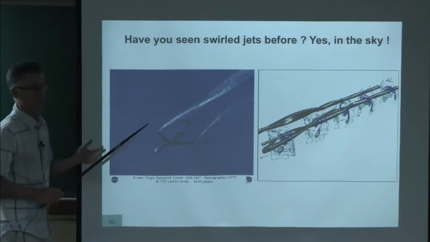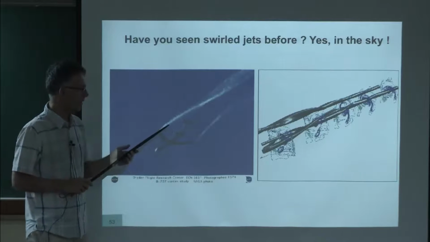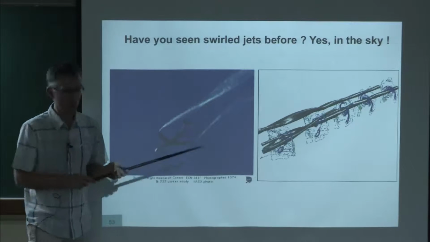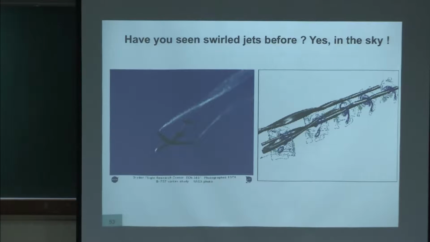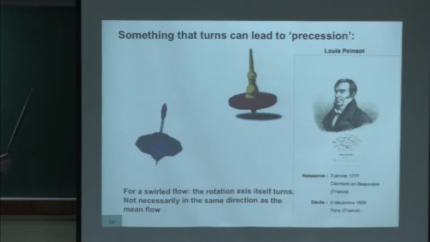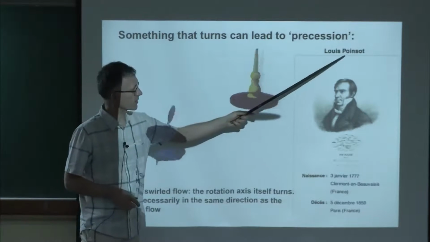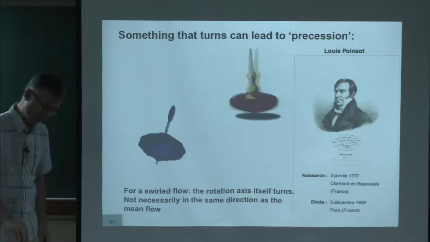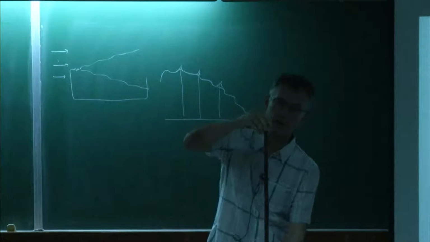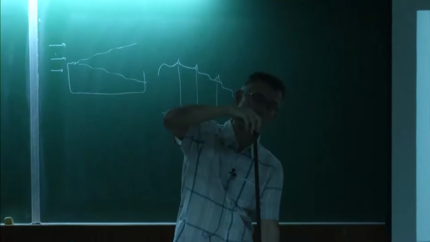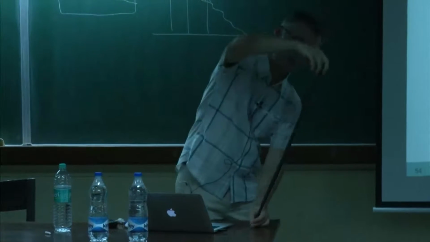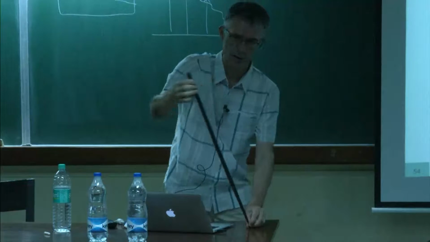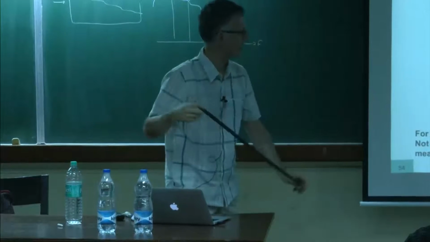You've seen swirl jets before, okay? In the sky, behind an aircraft, the contrails here are swirl jets actually. And you know that the swirl jets in the sky do all kinds of strange instabilities. Why is that so? Well, actually, it's not me, it's not my granddad, it's a Frenchman called Poinsot, who studied the movement of rotating objects like this. And he showed that you have what we call precession, I suppose you know that. So a turning object will not turn like this, it will actually turn like this. And this rotation is called precession. So it's turning like this, but at the same time, the axis of rotation is also swirling, exactly like you see here.